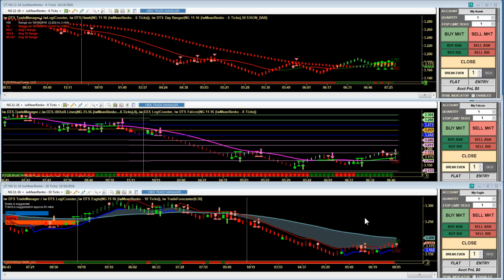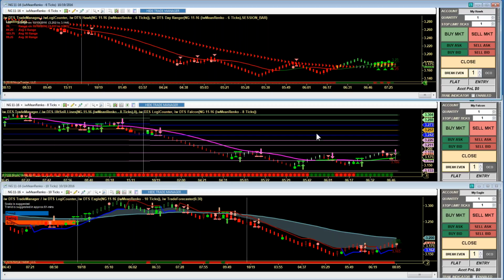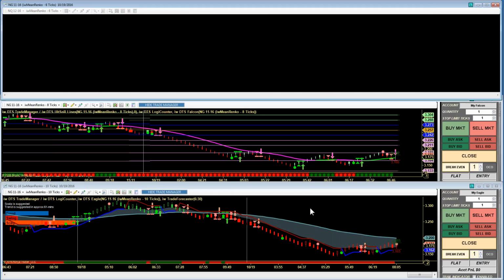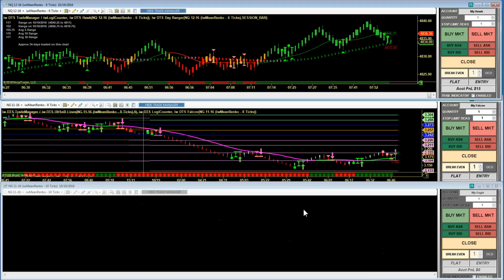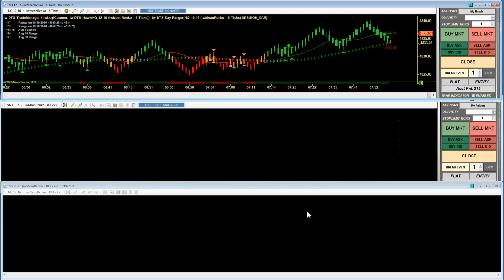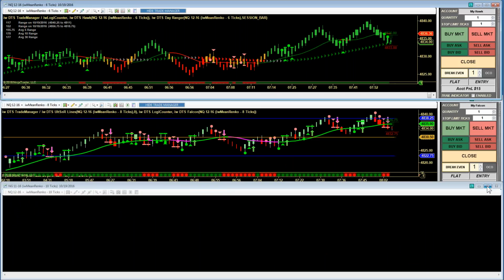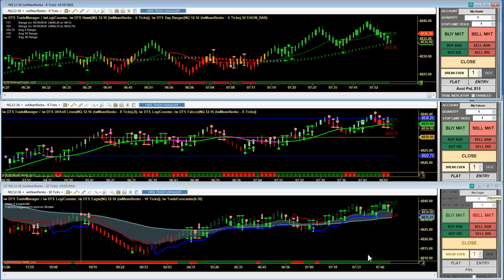Well, here with the DTS system, you've got three different hammers. You've got a hammer for when the market environment is like today. We're not getting any trend today. We're getting nothing but scalp today. So that's why we're getting all these scalp signals. If we just had a trend tool, let's take a look here at the Eagle Trend Trader. If we just had a trend tool to trade with,